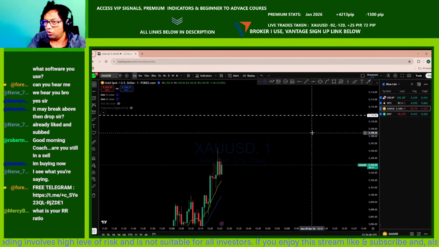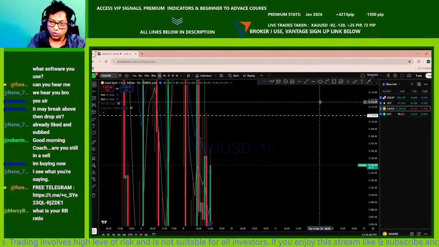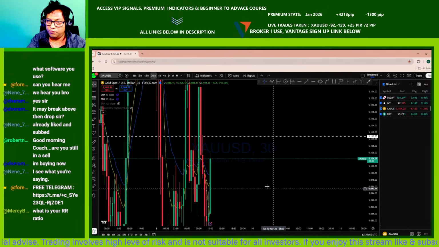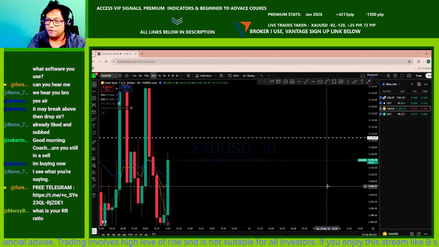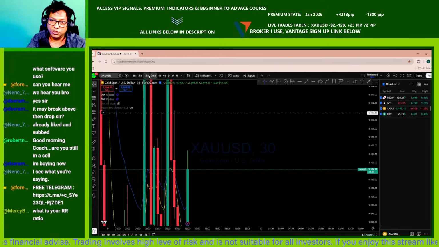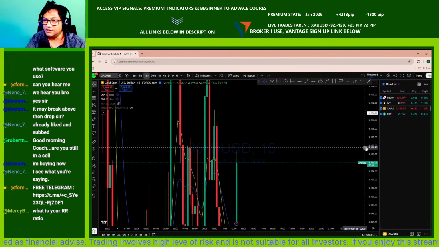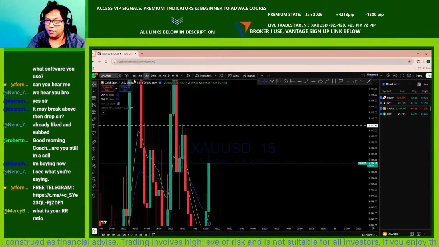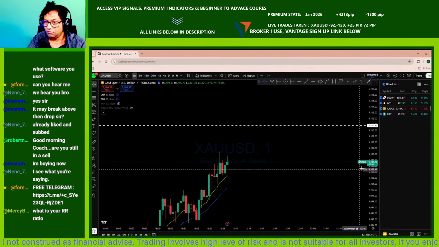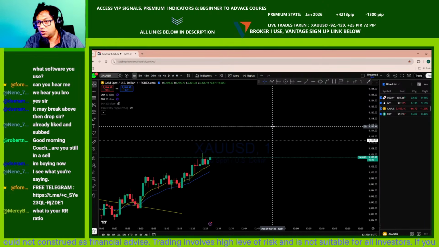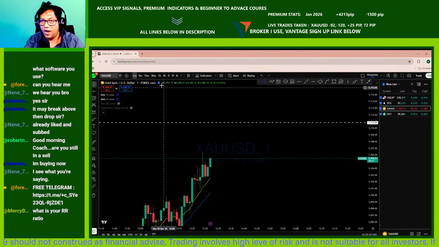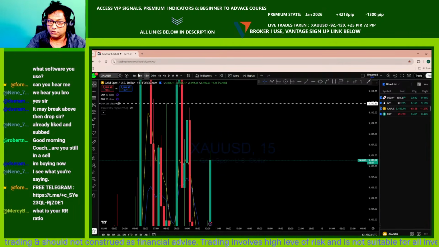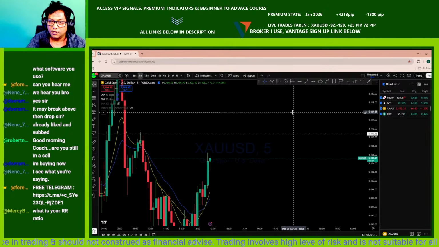You can't fix it always, because some markets are very sideways, and when the market is extremely sideways, I've tested a lot. If you have a very high risk reward, for example 3 to 1, 5 to 1, in some market conditions it might not work out because of the sideways market. If the market is moving sideways, you won't be able to keep a high risk reward. That's because the market will just go up and then come back down. It's the nature of the market.